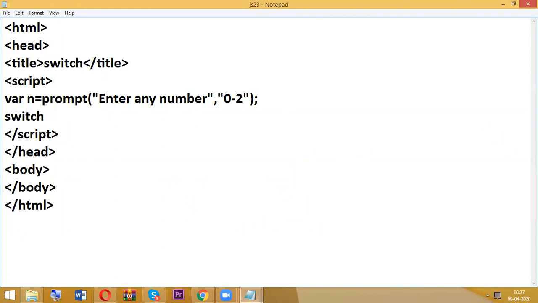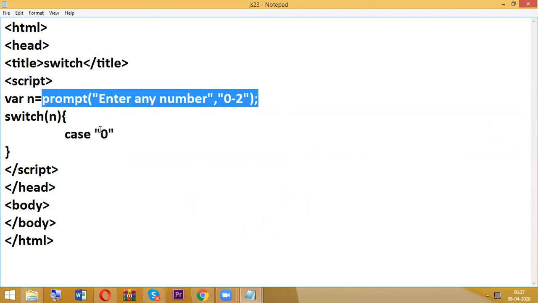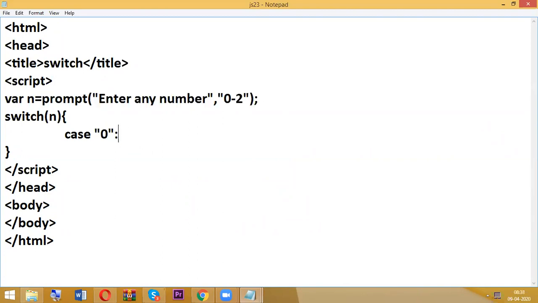So switch, here n, suppose it is a string, right? That's the reason I'm writing with quotations. Suppose the user enters n value as 0, this case will be executed and we can expect the output as 0.